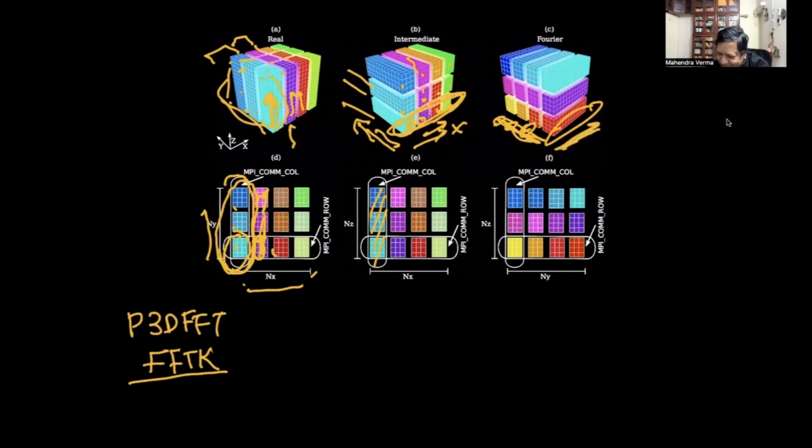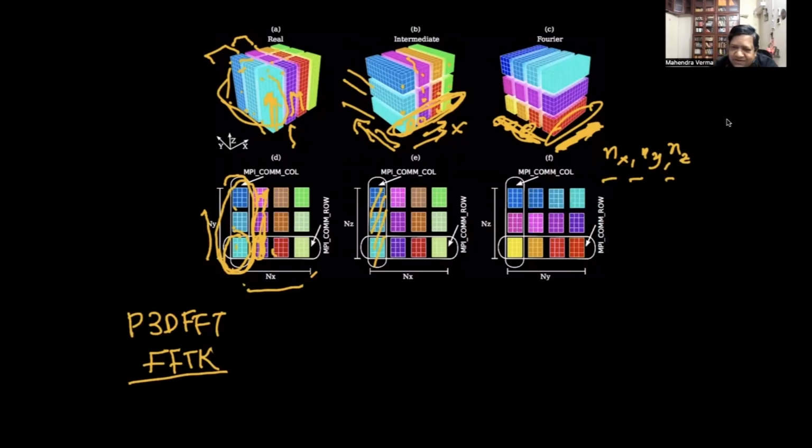And in fact, what is available is Nx, Ny, Nz. Remember, the Nx, Ny, Nz are the Fourier coefficients, Fourier wave numbers, Fourier indices if you like. The data is consecutive along Nx, but for Ny, I had to hop. It's available with different processes. So this is called pencil decomposition.